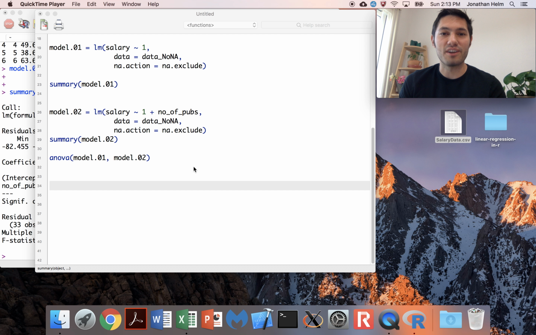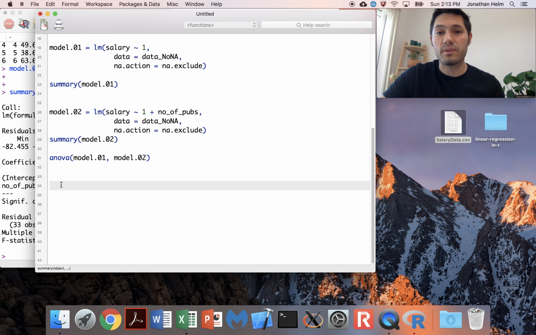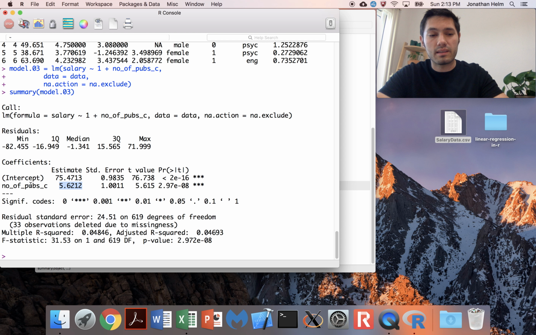Multiple regression in R. So this video is going to build off of the last one, so I'm just going to continue on, and I'm still going to use the salary-data.csv dataset. So I've already read that into R, and I have it ready to go. If you want to review how to read this into R, just go back and rewatch some of the earlier videos in this playlist. So if I take a look at the top of my dataset,